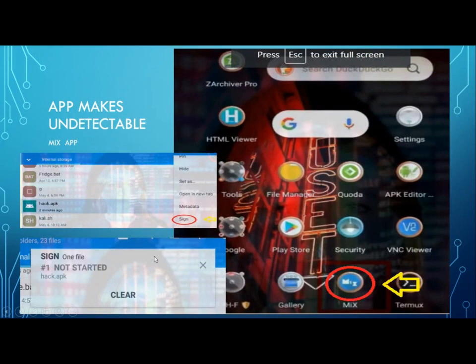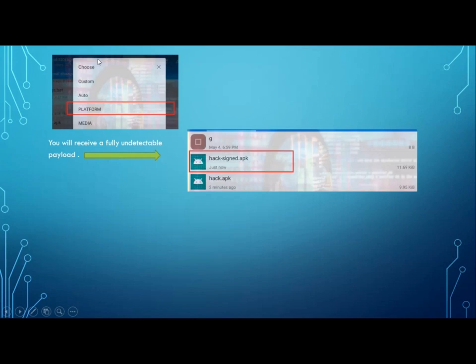Just click above this, you'll see three dots, and you will be given some options. You have to choose from this, and there will be an option called platform. If you click on platform, it will automatically be installed as hack sign.apk. If you send this payload, it will not be detected by the Android device. So in order to make it work, we can use this Mix app and do this by ourselves.